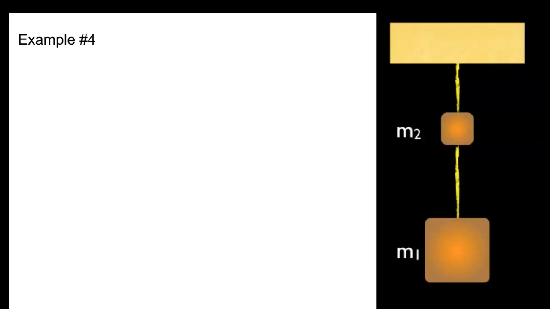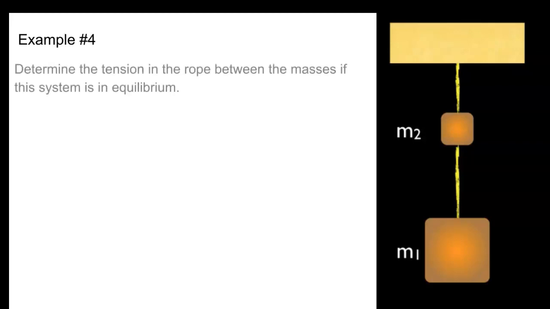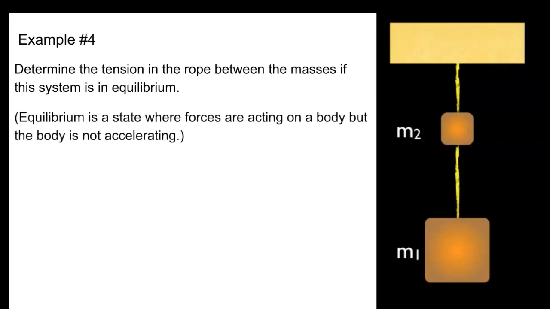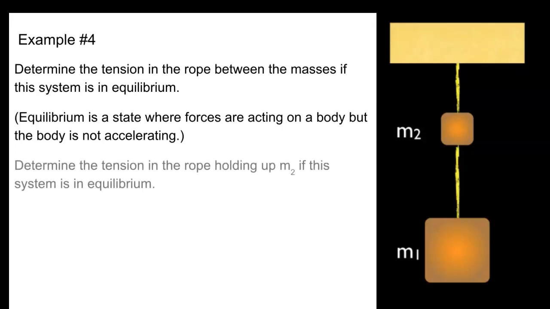In this problem, if we were just asking what's happening to mass 1 or just happening to mass 2, that would be different, but we're not. The question we're asking is for you to determine the tension in the rope that's between the masses if the system is in equilibrium, which means that forces could be acting on the body, but the body is not accelerating. So you know that means the net force is zero because the acceleration is zero, and you know Newton's second law. We're also going to ask what the tension is that's holding up mass 2 if this system is in